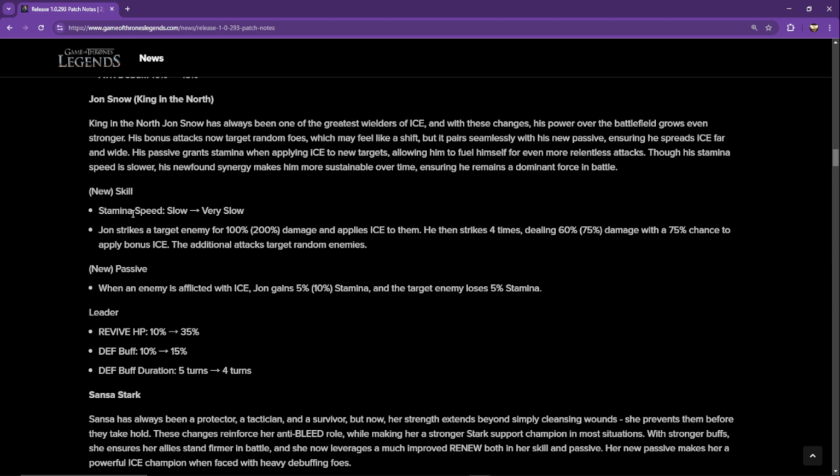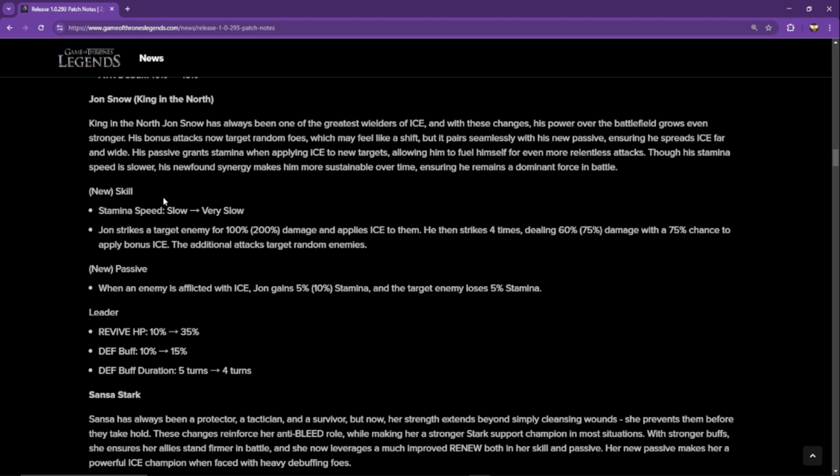I'm always hesitant to see this kind of a nerf because those are brutal. Whenever you cause the enemy not to charge up as fast as they did before, you're basically signing the death warrant for that character, because if they can't get their skills off, they can't realize their potential in the battle, because all their major damage and major abilities are tied to their charging up of their main hero skill. So when you slow that down, man, that really kills a player. If it was ever sped up, that would be great. That would be a huge buff for any character, but slowing them down like that, from slow to very slow,